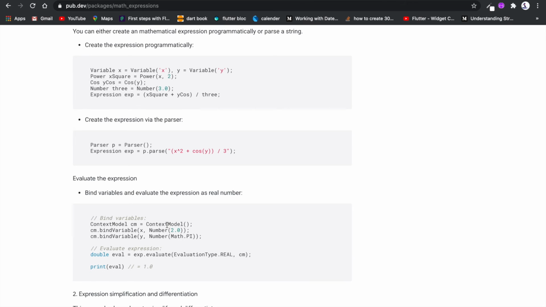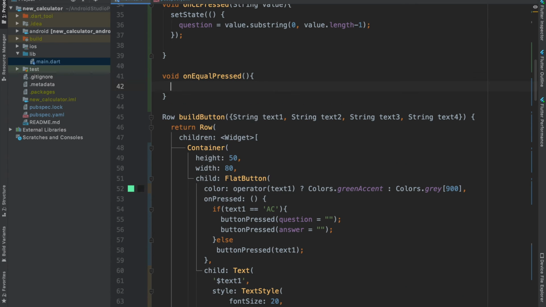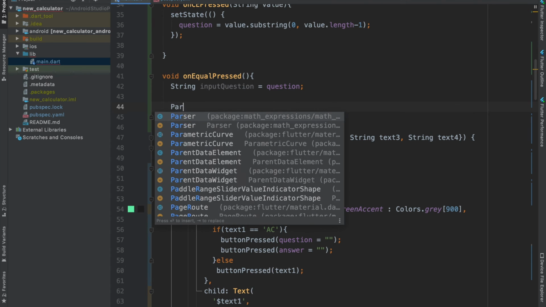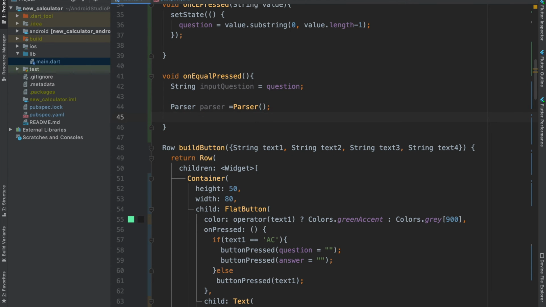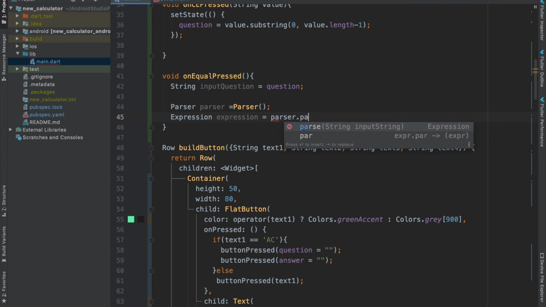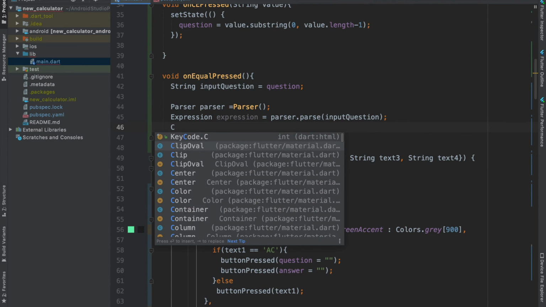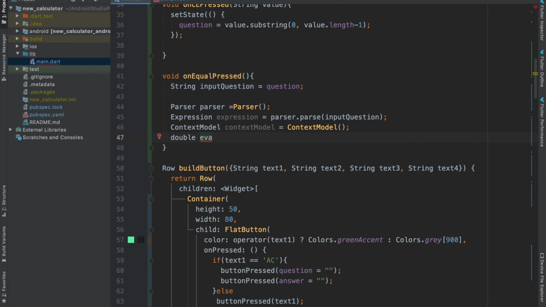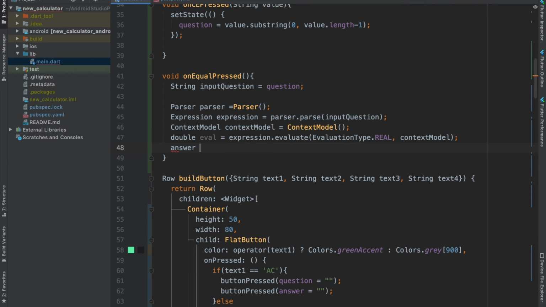So let's create the method first and pass all these lines of code inside the method. So yeah, we have added everything that we have seen in the documentation of the package.